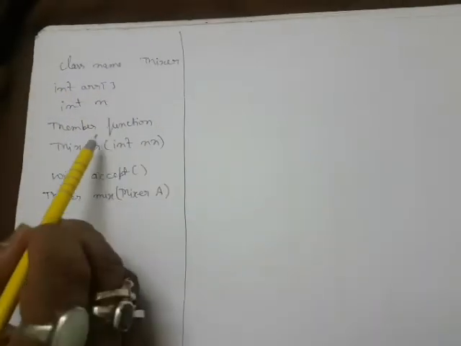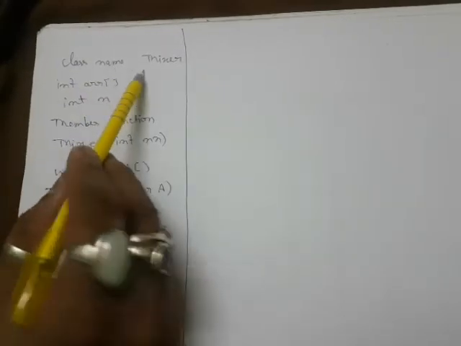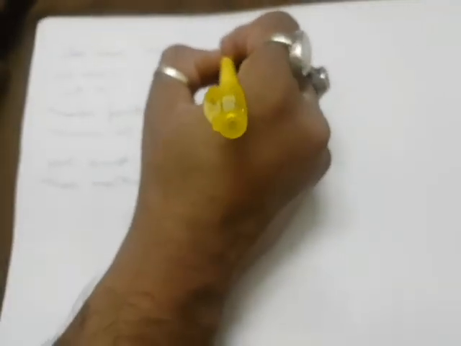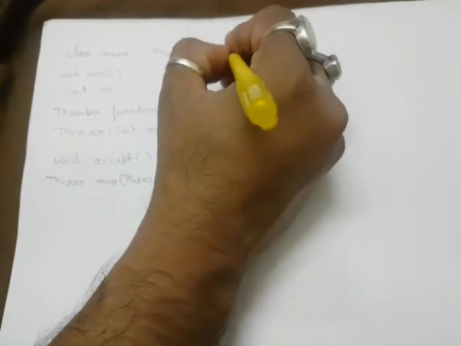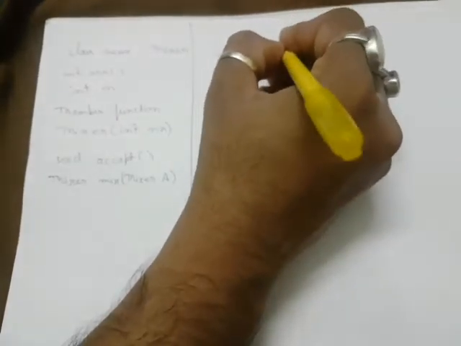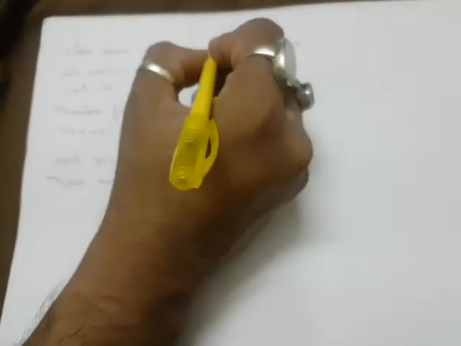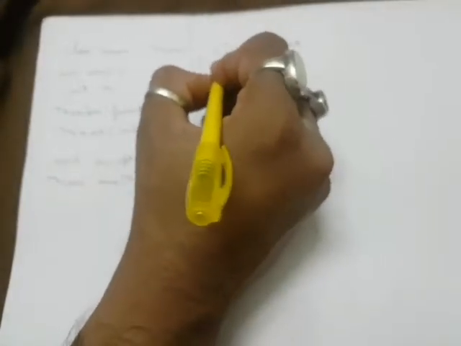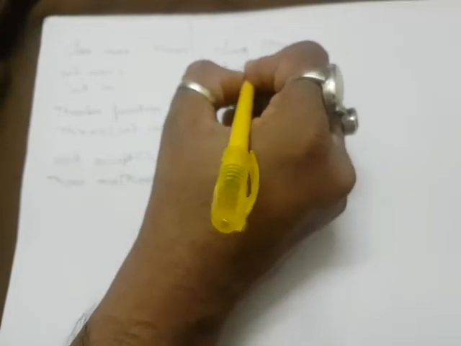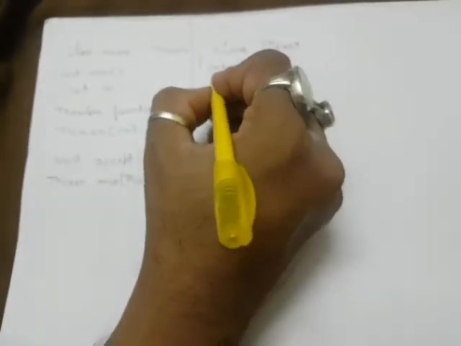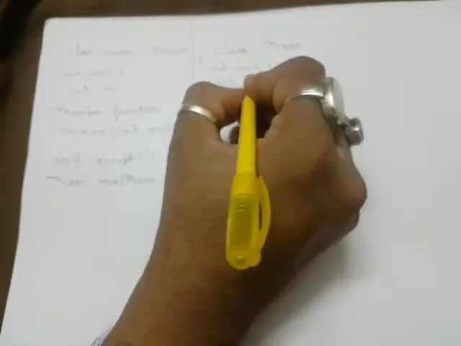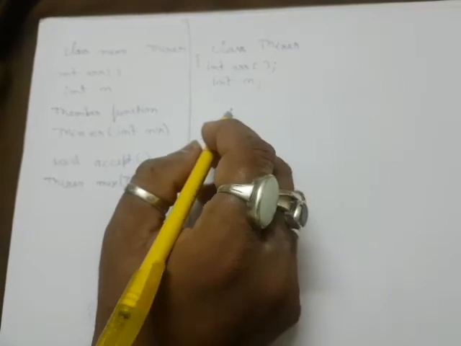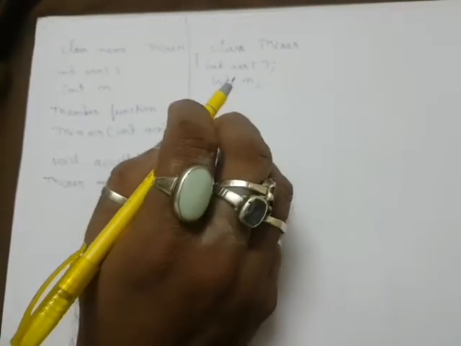Now students, the program says class name mixer. So I write class mixer. Alright. After that, they talk about the data members. So in the curly braces, I have int ARR square bracket, that is the array declaration, and then I have this n, that will keep the number of elements in the array. Alright. These data members are clear.